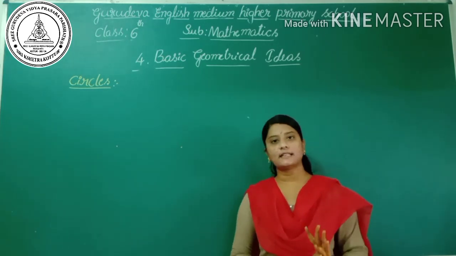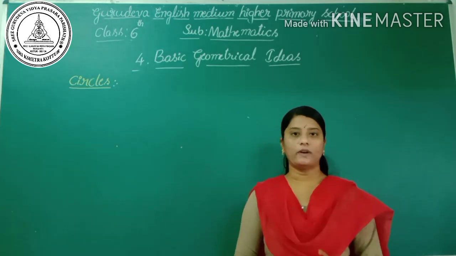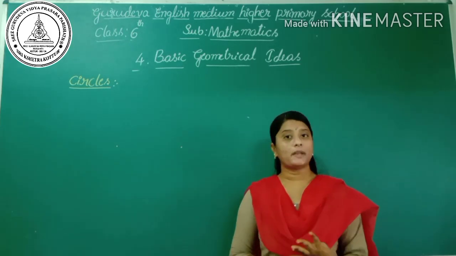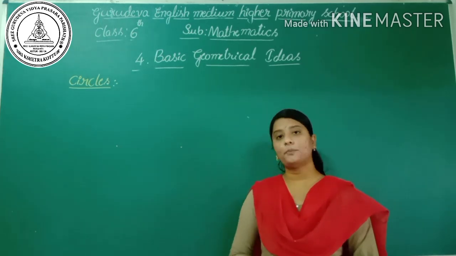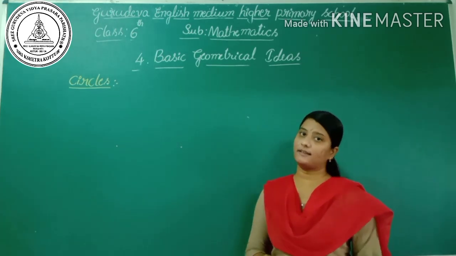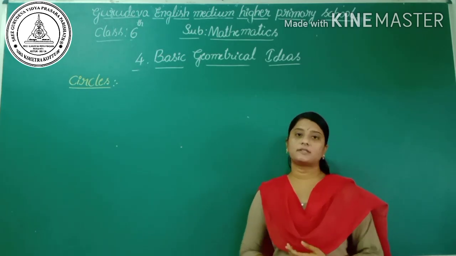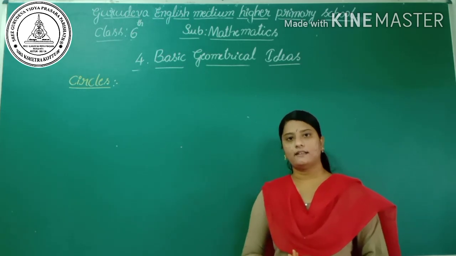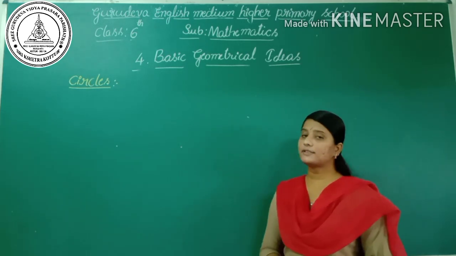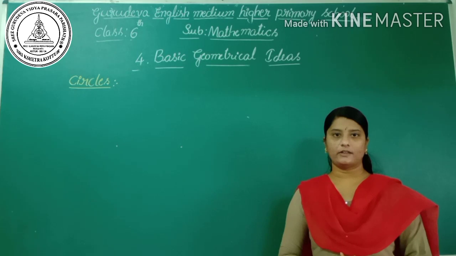Polygon, it has 4 sides and 4 angles, 4 vertices and 4 pairs of adjacent sides, 4 pairs of adjacent angles, 2 pairs of opposite sides and 2 pairs of opposite angles, and also we have learned a quadrilateral has 2 diagonals, right? Yes. And also we saw the exercise 4.5, right?